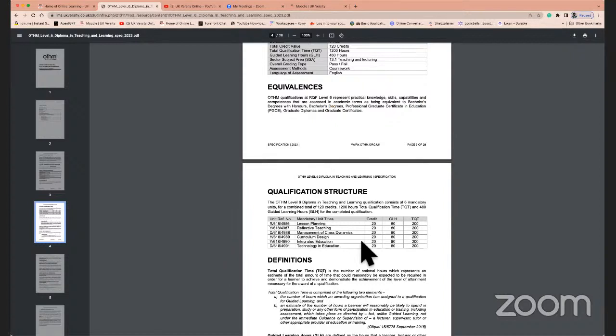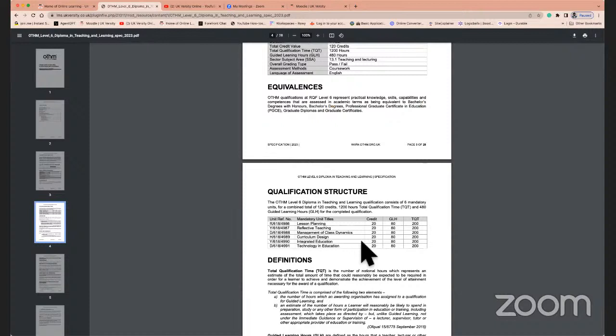understanding how to become a teacher, or how to plan and organize your teaching sessions when you are stepping into the teaching role. There are basic units which have been introduced, things like lesson planning, reflective teaching, and management of class dynamics. Some of the naming of the units doesn't give away the content, but within the units themselves, the content is quite detailed.